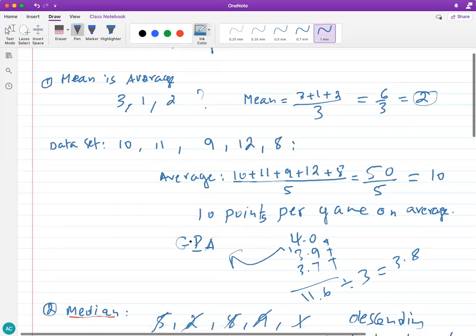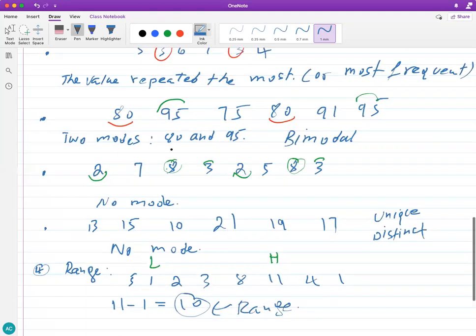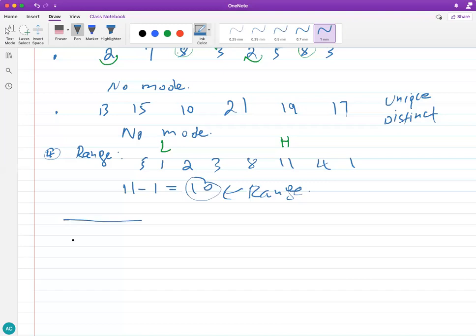Let's do a problem here, and we're going to try to find all of them. I'm going to give you a data set, and we're going to find all of those for the same data set. So let me just put some random numbers here: 12, say 8, 7, 1, and 15. And then 4. Okay, so we're going to find the mean, mode,